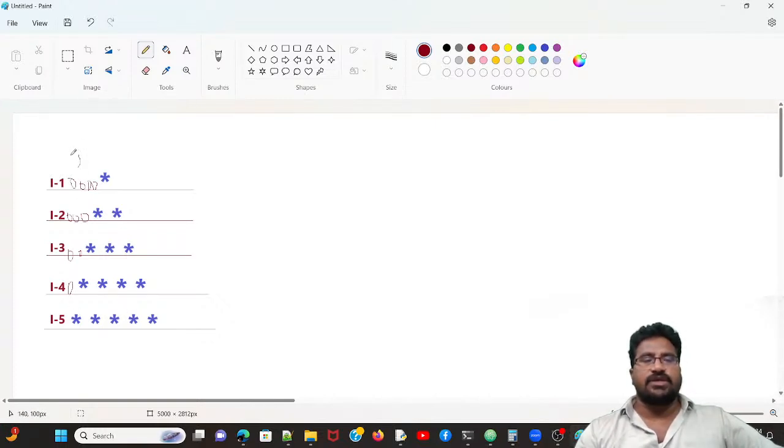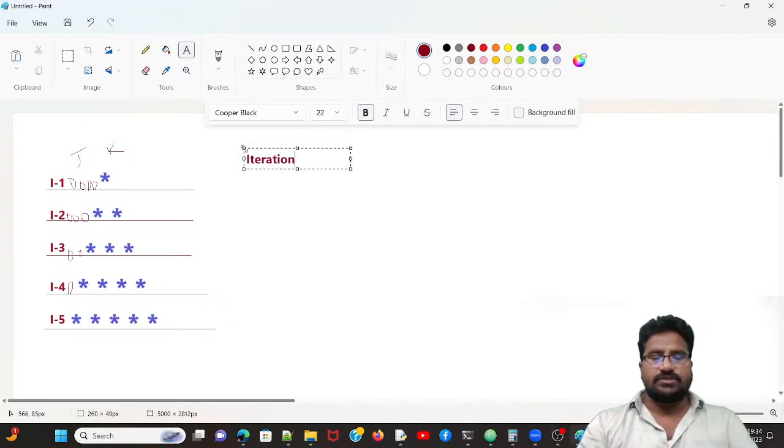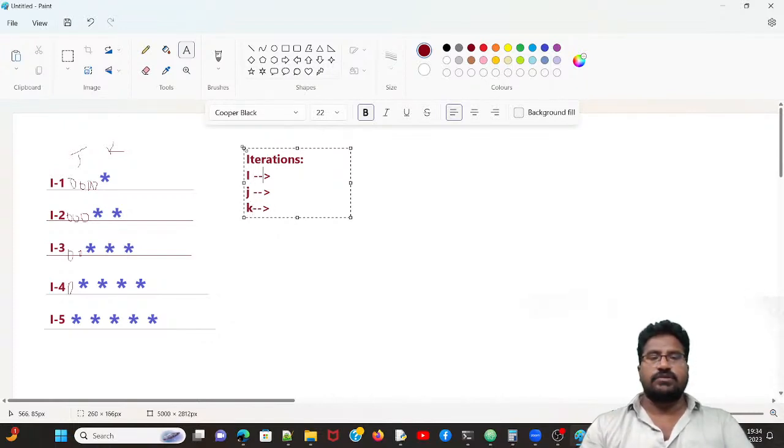Same here. I will take this one j for spaces and for stars we'll take the k. Let's take iterations. Iterations when i value is 1. At that time, what is the j? And then what is k? Right? When i value is 1,